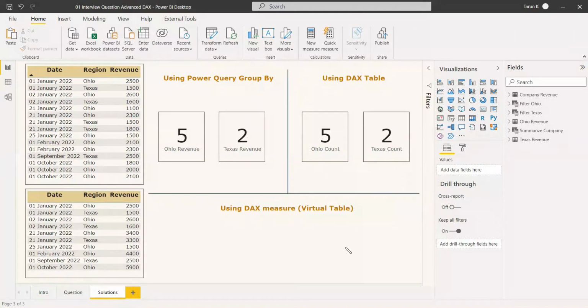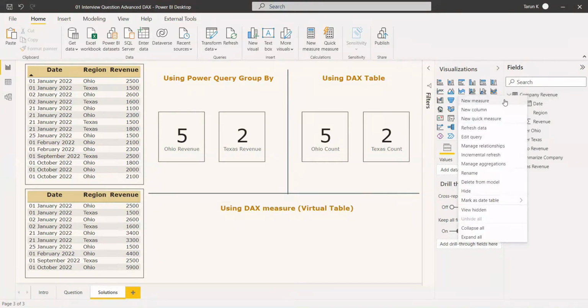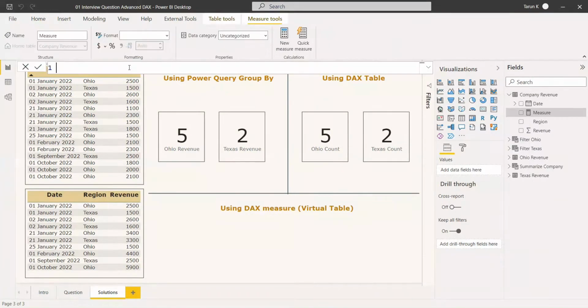Now directly we are going to write a measure, without creating all these tables. We are going to create everything virtually, and we are going to get the result of count with respect to Ohio and Texas. So first one, we are going to create a count for Ohio. So we'll write it as Ohio count equals